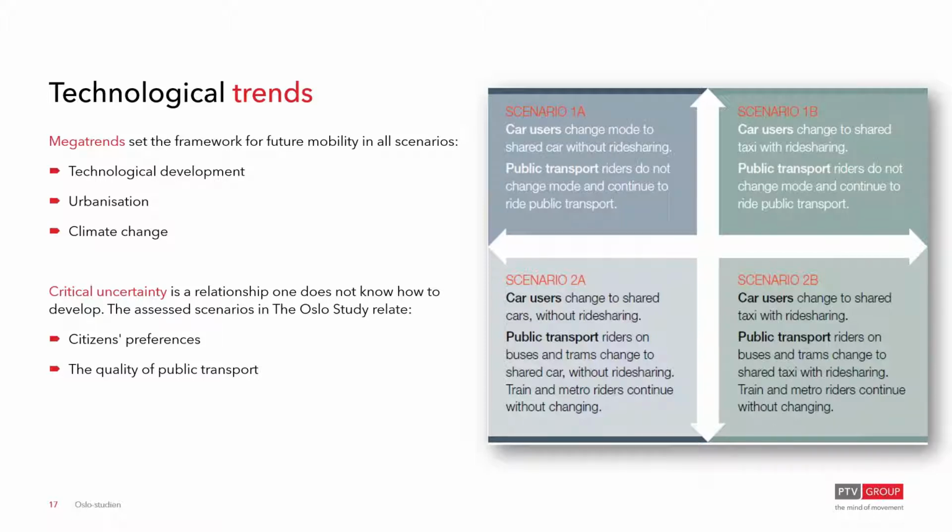In both of the A scenarios, so 1A and 2A, the vehicles will be shared, but not ride sharing. So the travelers are using the vehicles independently of other travelers, and when they finish their trip, the vehicle goes on to the next traveler. In the B scenarios, all the transport will allow ride sharing. So you will share the ride with other users who are kind of going in your direction.